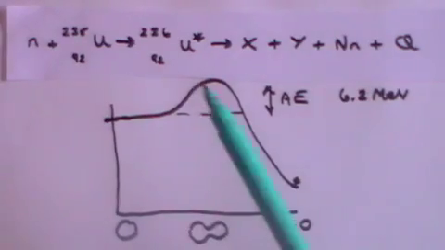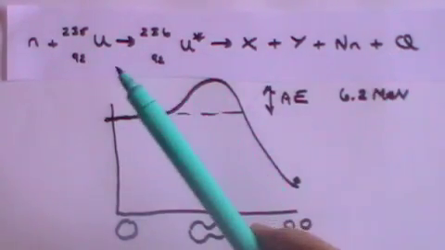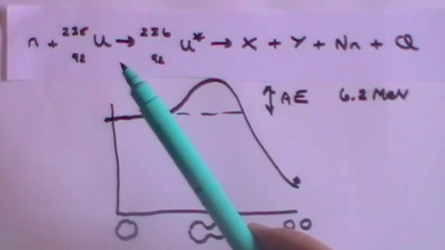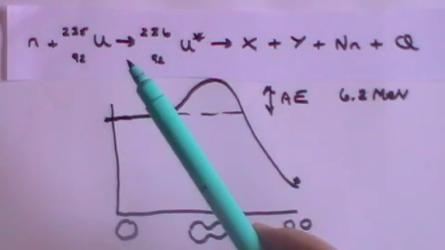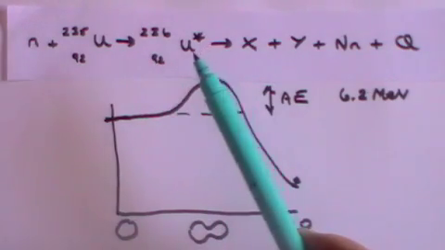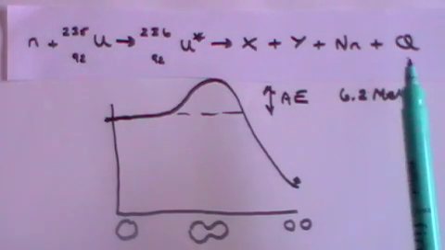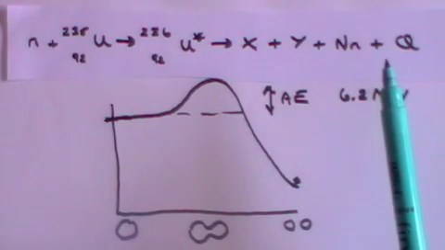So here we have the basis of fuel for a nuclear reactor. We take our uranium-235, which is a very small part, 0.7% of natural uranium. The rest is pretty much uranium-238, which isn't fissionable, sadly. But uranium-235 is. We could enrich it to about 3%. We allow it to break up into X and Y, neutrons and energy, which will now be in the form